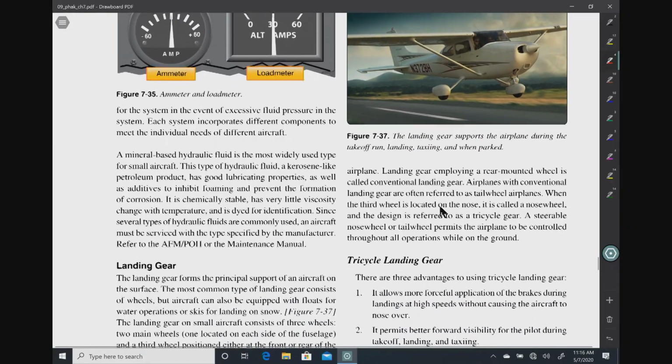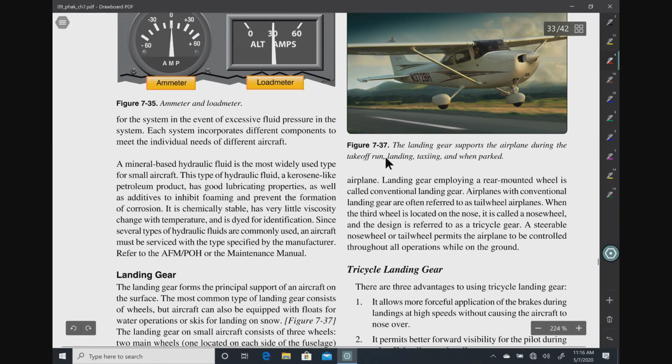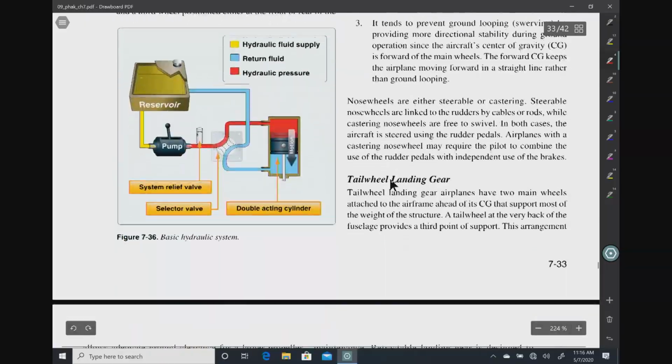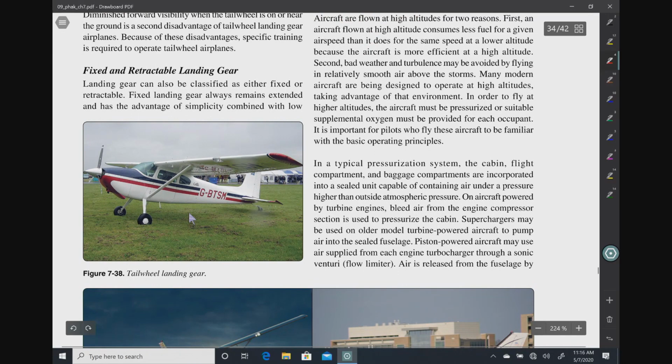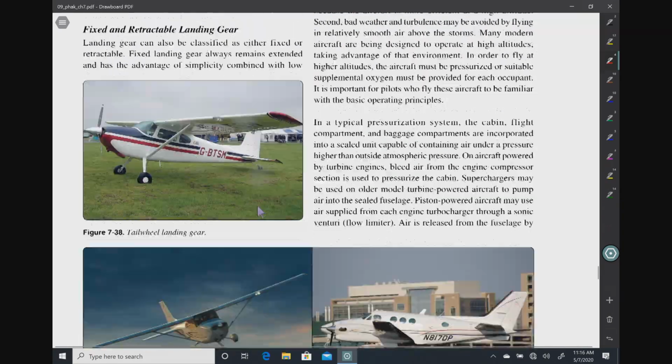Landing gear, that's also a system. You can see here in 7-37 that this is a type of landing gear, tricycle gear, that you can see. This is associated with most training aircraft, the small Cessnas like this. That's kind of the way that they work it. We also, here again, you'll see something that we refer to as a tail wheel aircraft here, where the main gear is slightly forward and you have a wheel back here at the tail. This is also referred to as a conventional gear aircraft here. You can also have